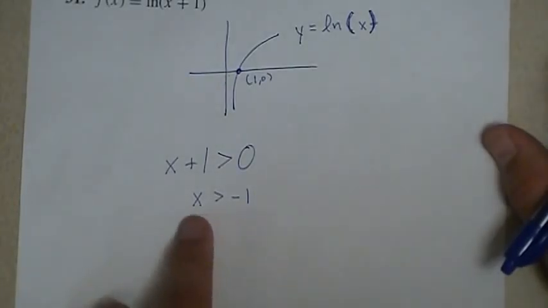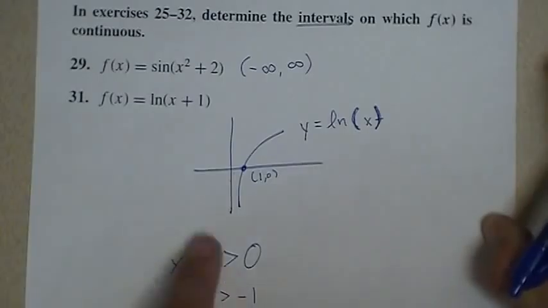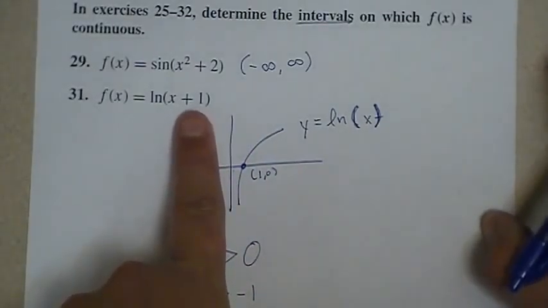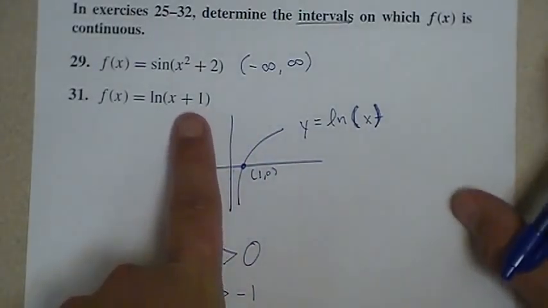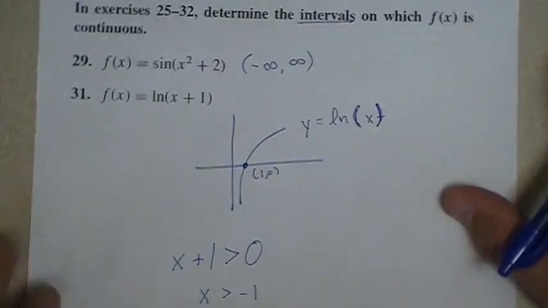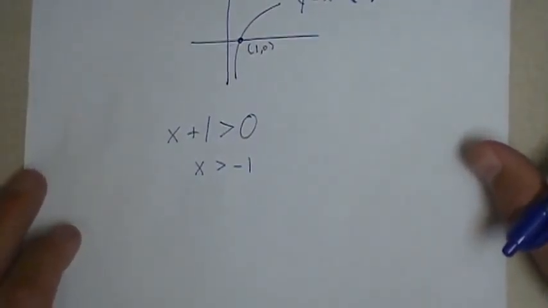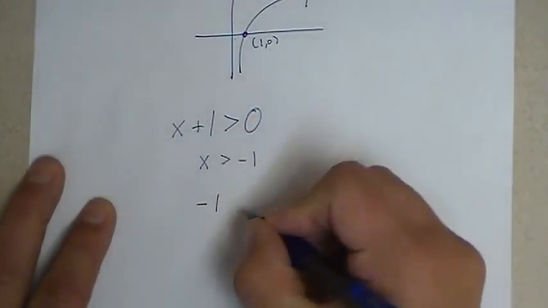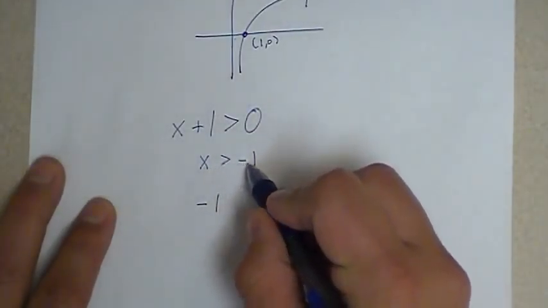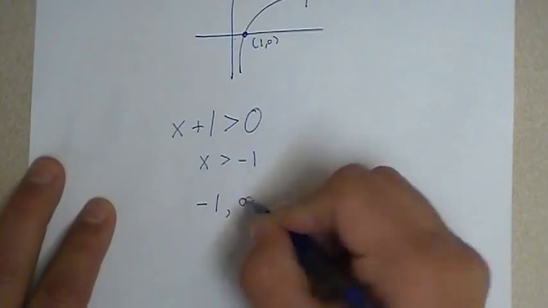Because what we've basically determined is that as long as x is greater than negative 1, this function is going to be fine. It's going to be defined. It's going to be continuous. There's not going to be anything weird going on with it. So in interval notation, how would we specify this result? Well, we're starting at negative 1, and we have all values greater than negative 1, so all values onward to